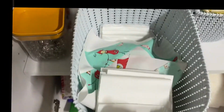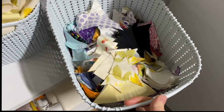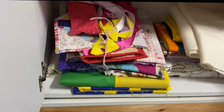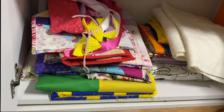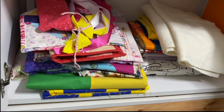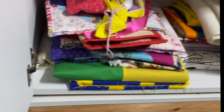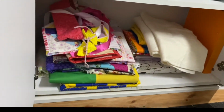This is like a quilt I'm starting to work on. These are all the corners that I cut off when I make binding. And then down here, I have some decor stuff because I filled all the holes in the walls down here. I've got to motivate myself to sand them, repaint, and then see what I want to hang up. And these are quilts that are ready to be made or to be finished, but I'm waiting for batting